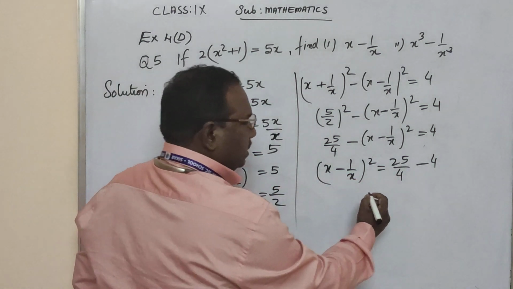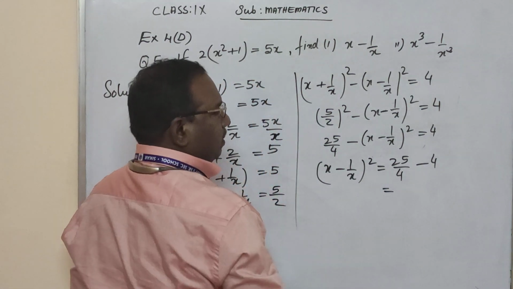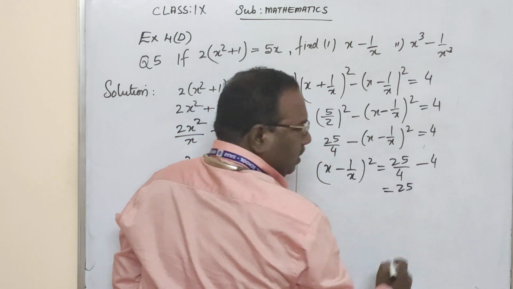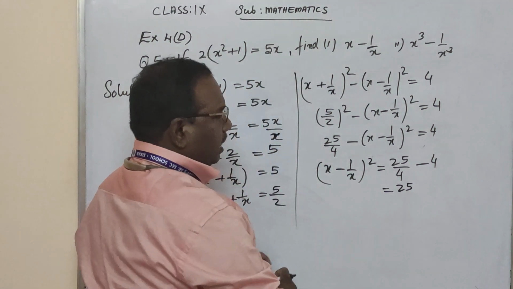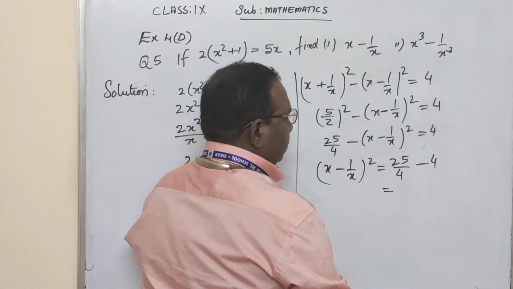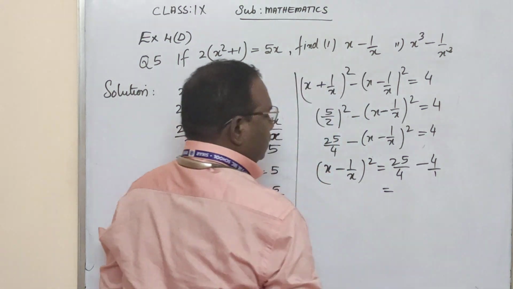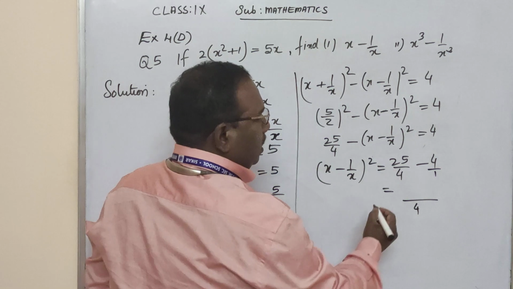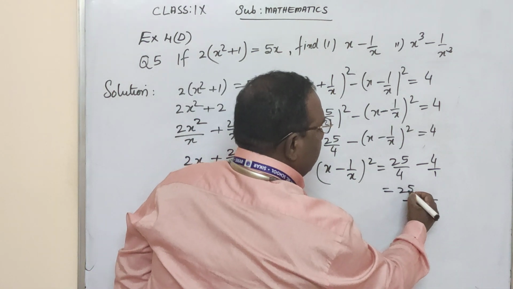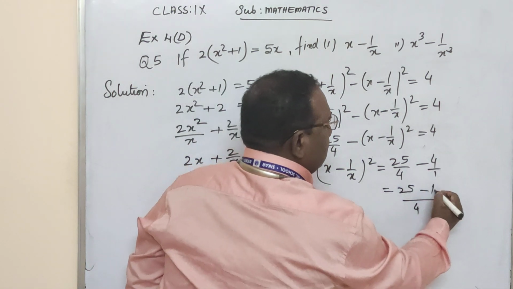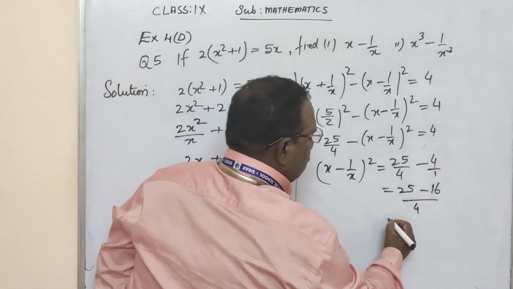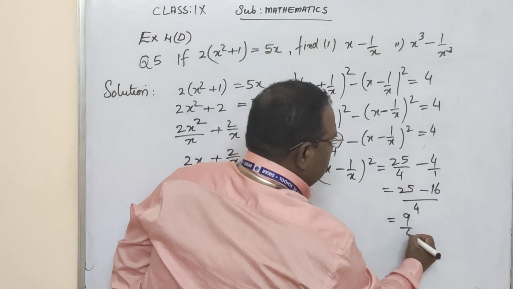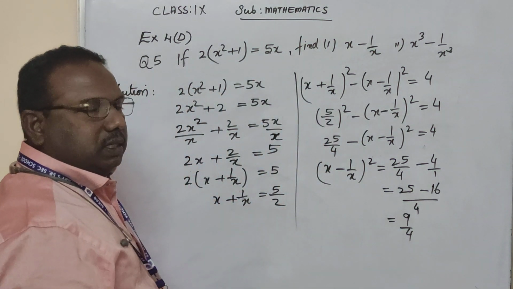Now let's simplify this. 25 by 4, let's take LCM. Here LCM is 4. Here we get 25 minus 4 into 4, 16. This is equal to 25 minus 16, 9. 9 by 4. So the answer is